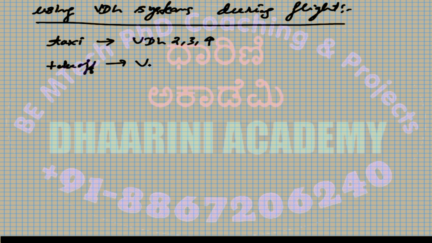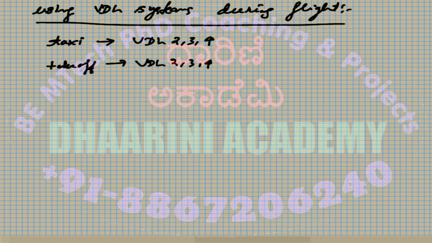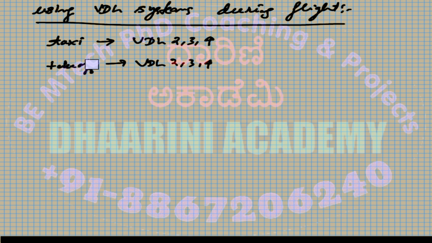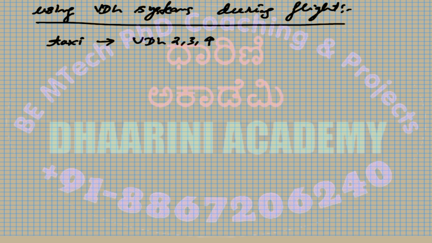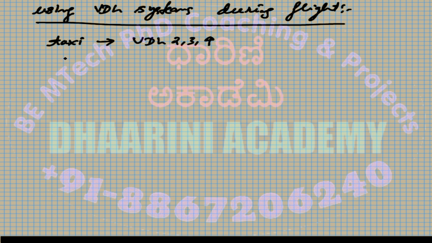Takeoff also uses the VDL 2, 3, or 4, right? And this is true. You can actually choose VDL 2, 3, 4. I'll write it in a different way because VDL 2, 3, 4 are used in many of the cases. So the taxiing, I'll write all the phases where you use the VDL 2, 3, 4. Okay, so taxiing, then even the takeoff, okay, and